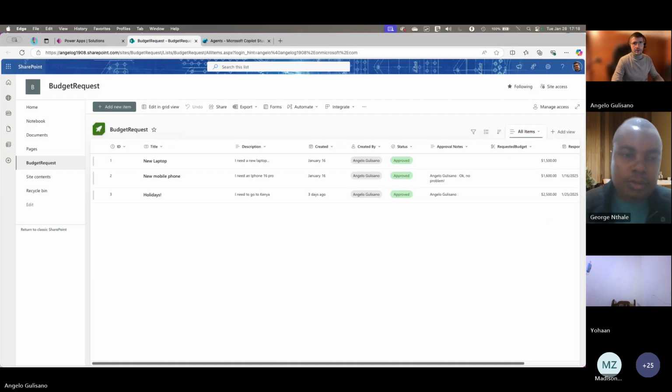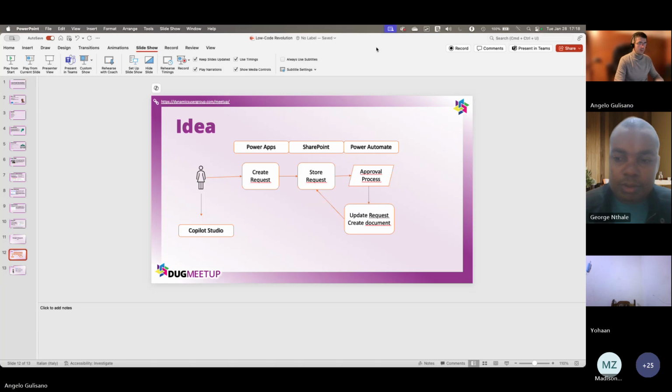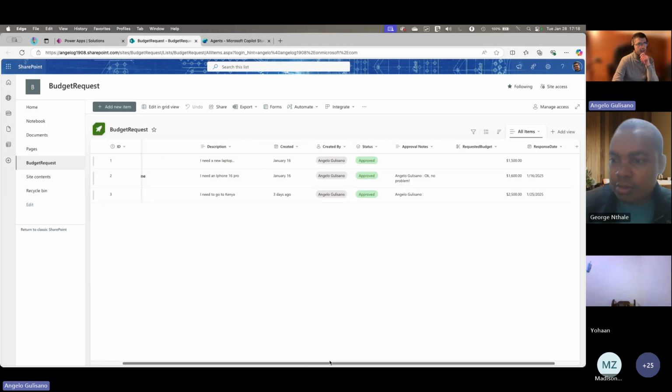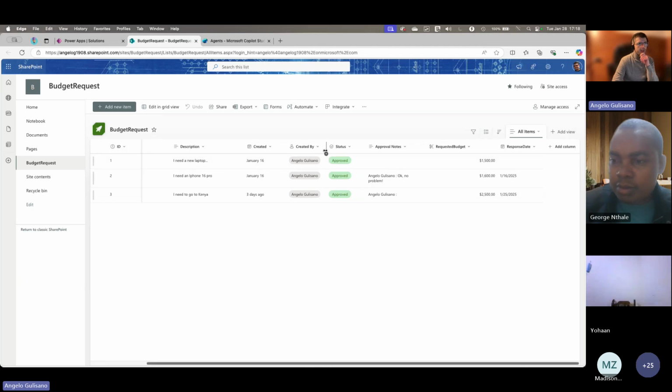So 1 second. Okay, we can start. I just created the list. Okay, so we can use this list to start the process. We have budget request list with title of the request, description, created date, which is a standard column from SharePoint.